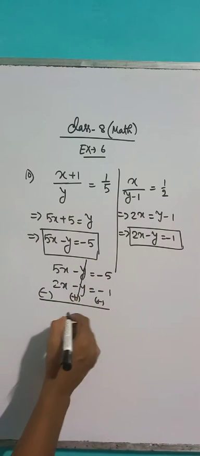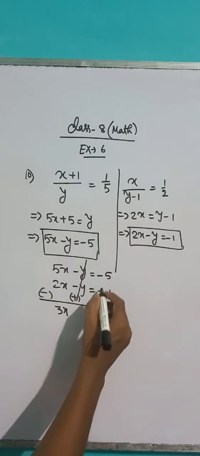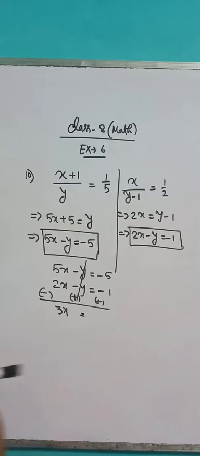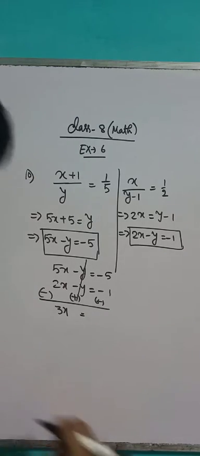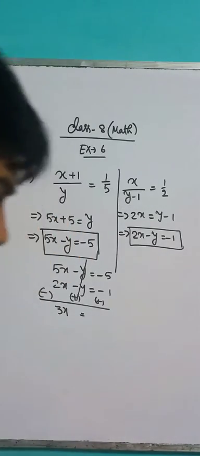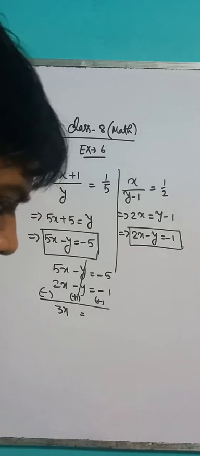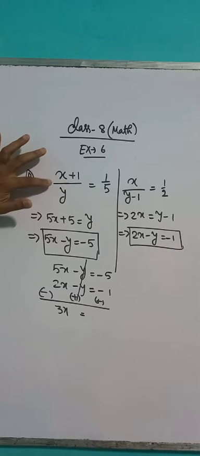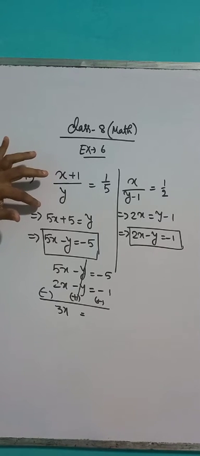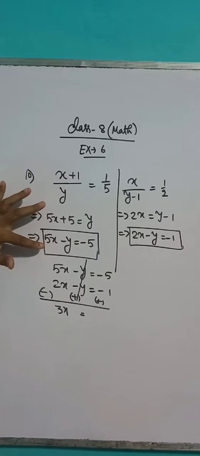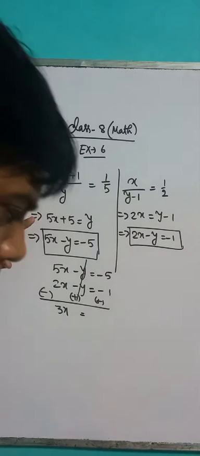So this is cancelled, 3x is equal to whatever your answer is. What is the question? If 1 is added to the numerator of the fraction, x is the numerator, it becomes 1 by 5. That means 5x plus 5 is equal to y, 5x minus y is equal to minus 5. Okay. And next part,